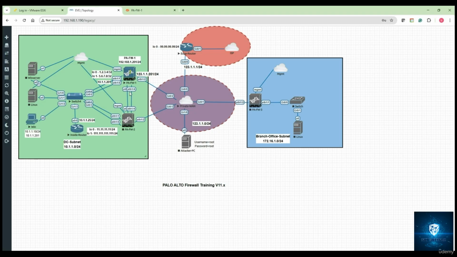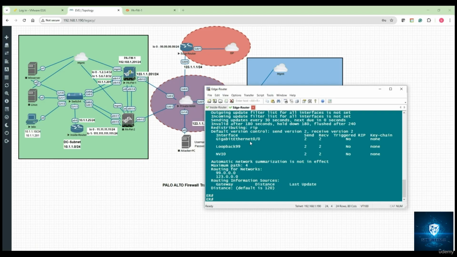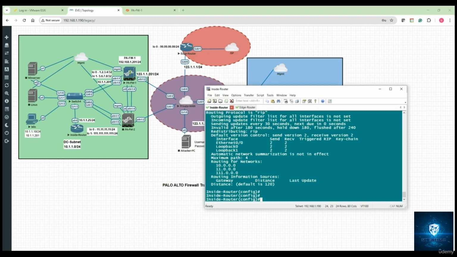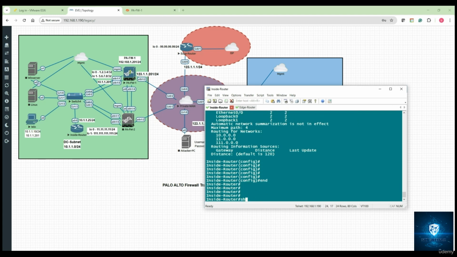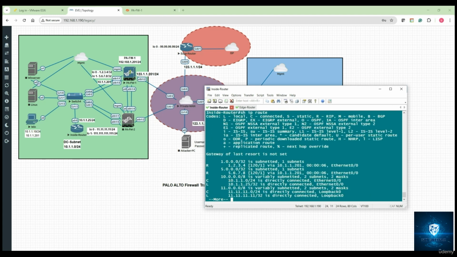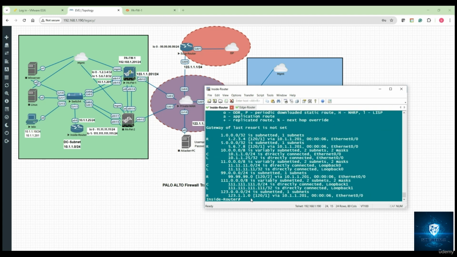And one more thing, I should have a security policy which should allow this communication for the RIP updates from inside to outside, okay, and also from outside to inside. So let's verify that first. So if I go to my inside router, and if I look for show IP route, the complete routing table, I see that I'm receiving 123 network